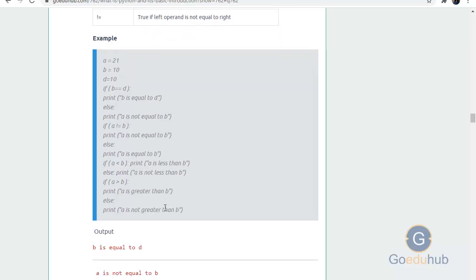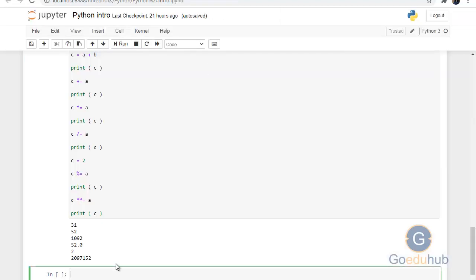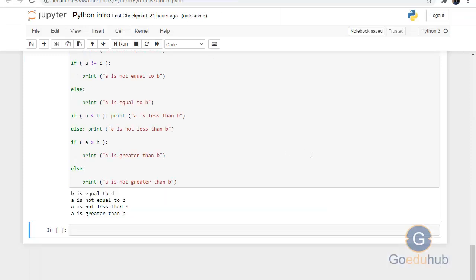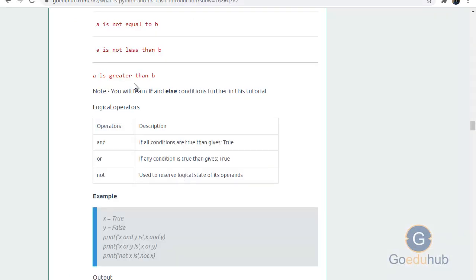You can run this code also. I'm just copying to save our time, otherwise I can write it also. And you can see the output here. In more detail, when we use if else conditions, then we will use the comparison operators.